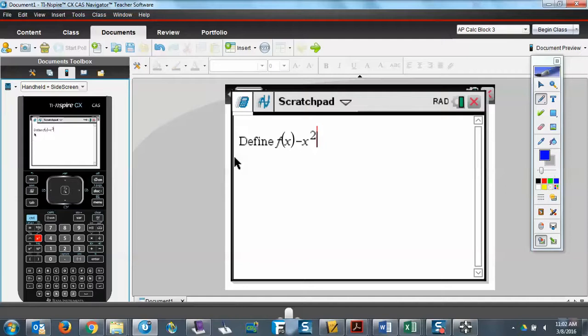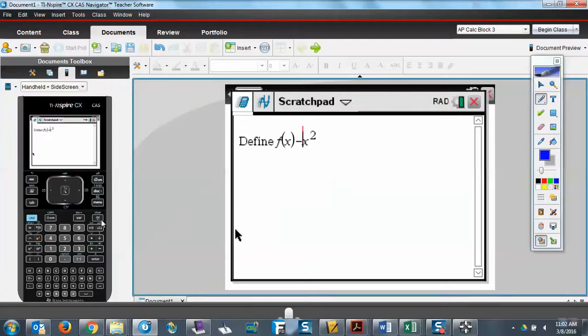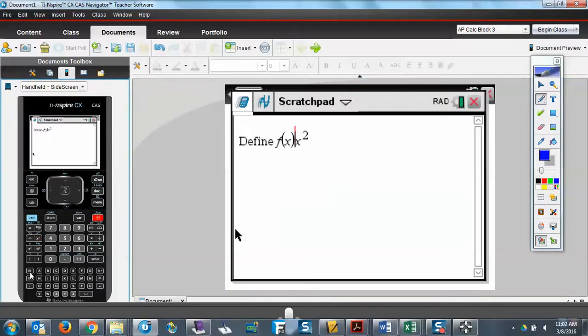Okay, I would define f of x to equal x squared. So when you write this out, you do not have to take it out of f notation, which is what we had been doing. So now you can just type in